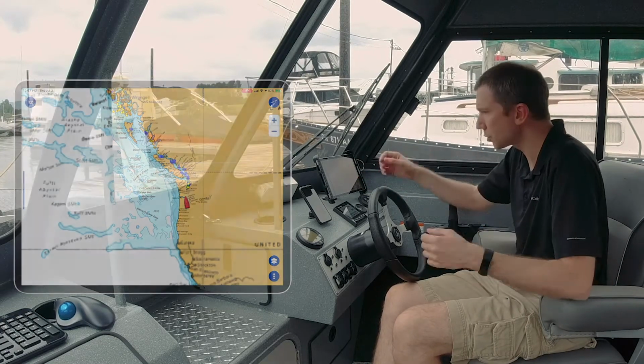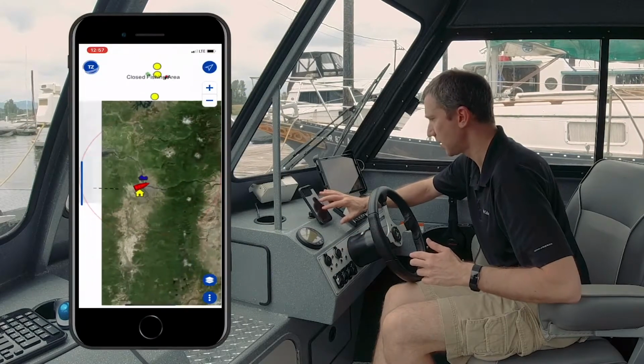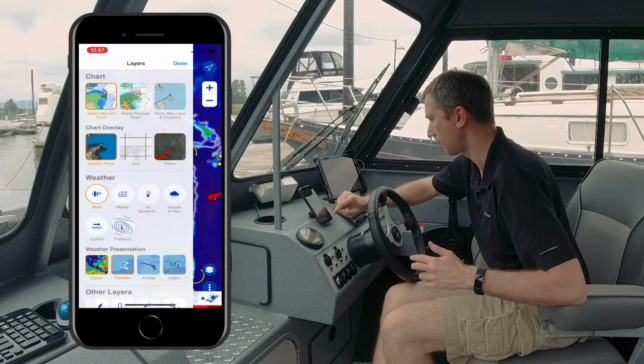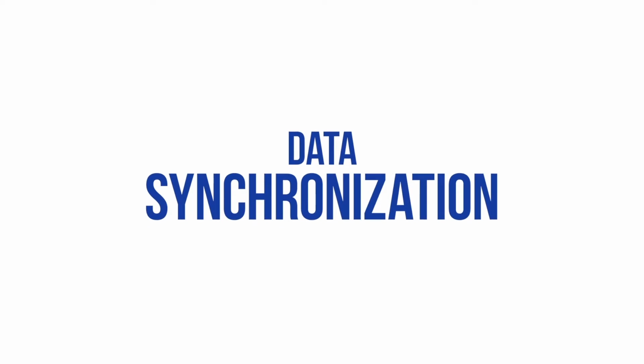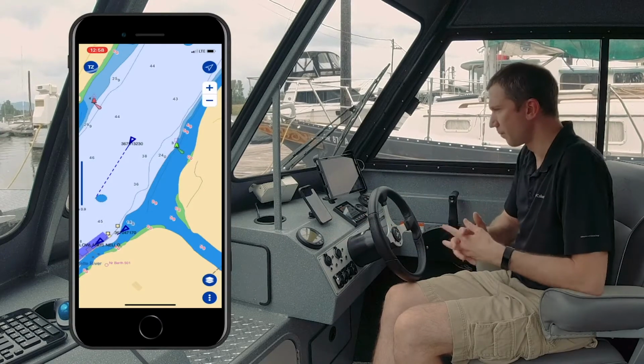Okay? So just to show you on my iPhone, I can unzoom, same thing. Let's look at the weather here. So I'm going to tap on that menu, find wind, and here I go, I have weather on my phone. So here I have an iPad and I have an iPhone.